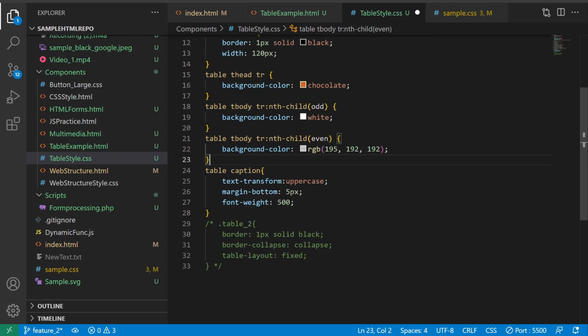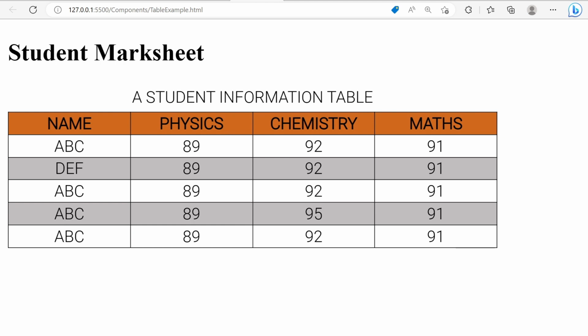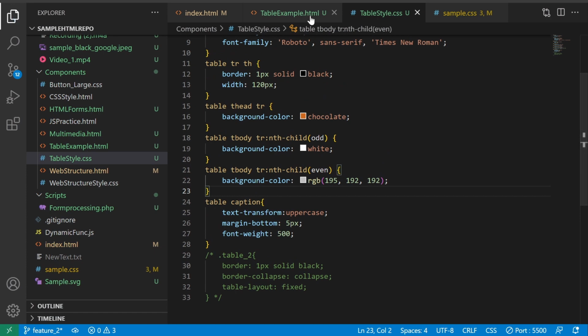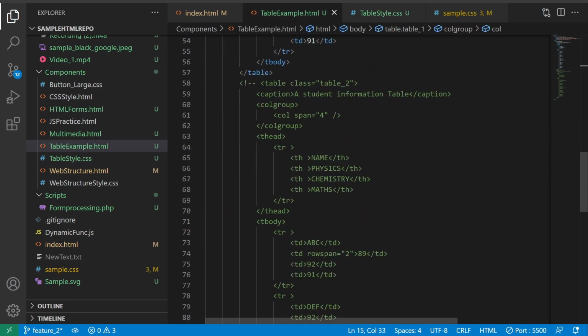And then for the caption you can have the same properties which we saw in the previous sessions. We can have margin-bottom, font-weight, text-transform, and you can have underline also on the caption. So this is the part. Whatever table we were having, we have improved it. If I provide that same table,